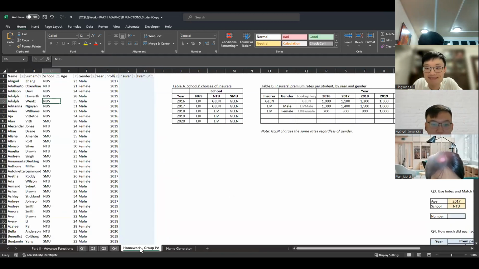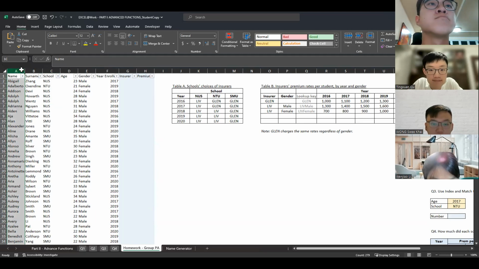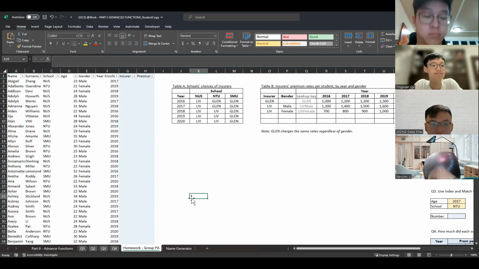So let me just go through a very quick idea of what this whole homework is about. Okay, so essentially you're given a set of data over here. Let's say you're NTU, SMU, or NUS, right? These schools are insured by two different companies essentially.